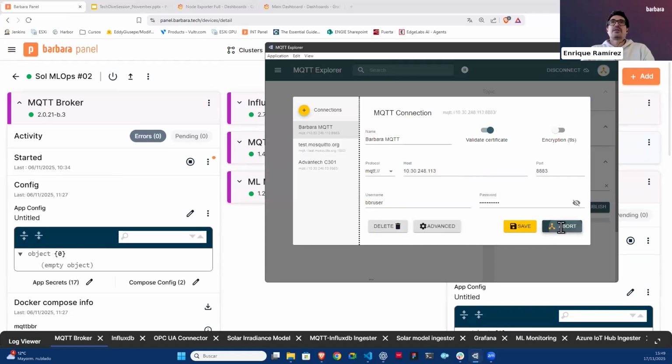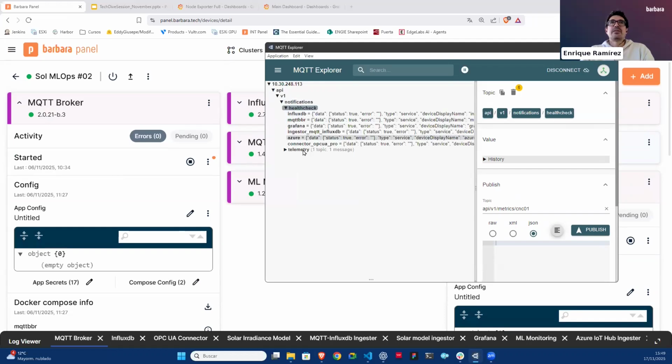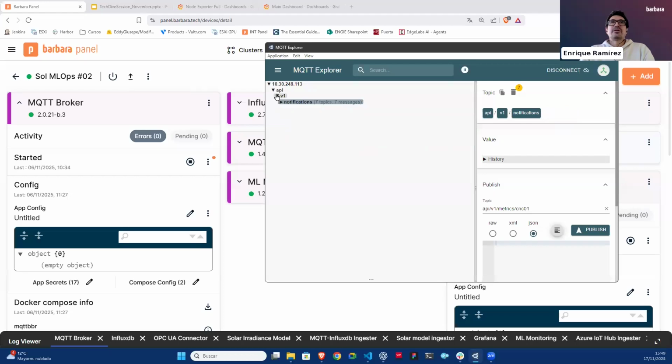Okay, we can connect. So now here we have the notifications. This is created by the alarm manager, but we are not receiving any information here by the OPC UA because it is updating the information every 5 minutes, so we should wait up to 5 minutes to see something here. But anyway, what I wanted to show you is that the information published here by the OPC UA broker